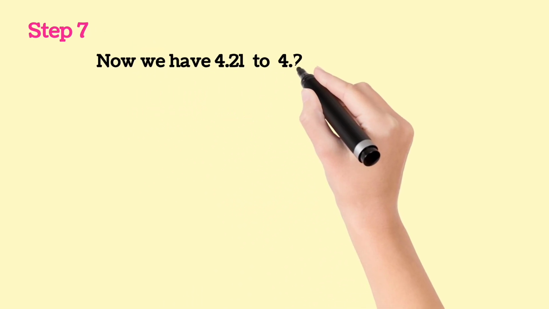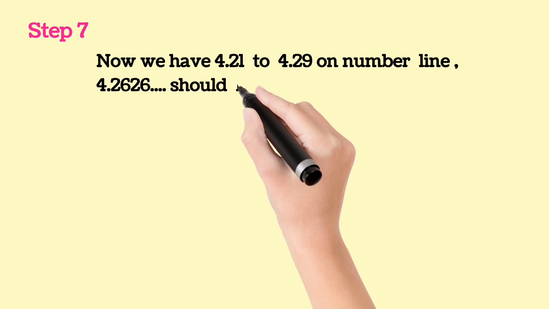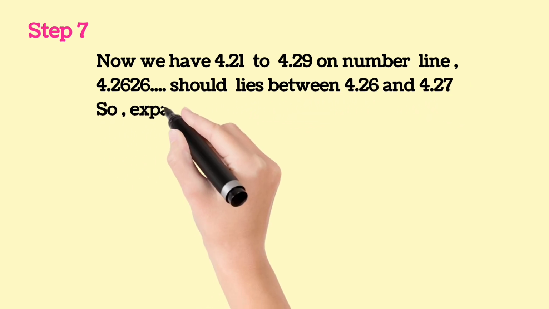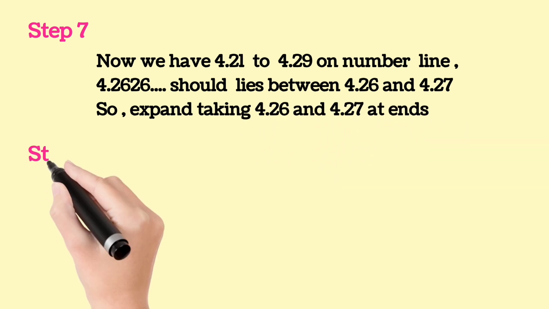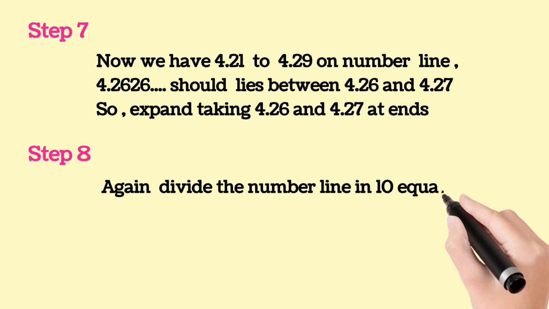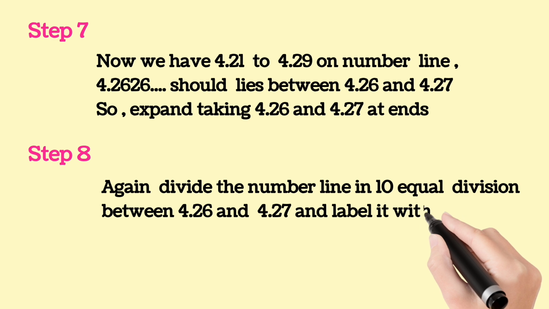Now we have 4.21 to 4.29 on the number line. 4.2626 up to infinity should lie between 4.26 and 4.27. So expand, taking 4.26 and 4.27 at the ends. Step 8. Again divide the number line into 10 equal divisions between 4.26 and 4.27 and label it with a